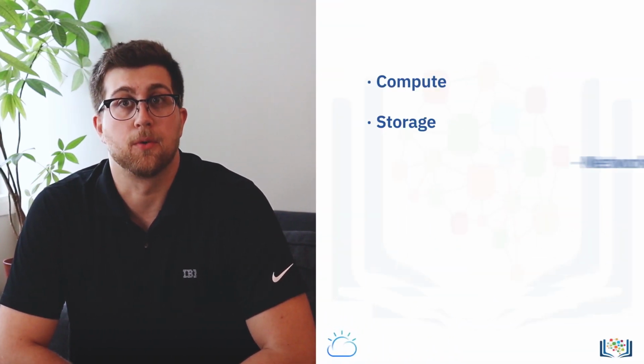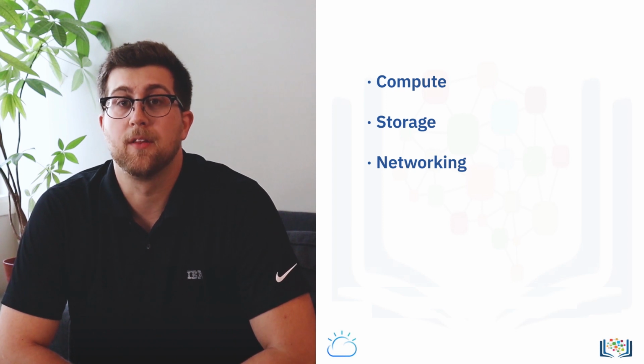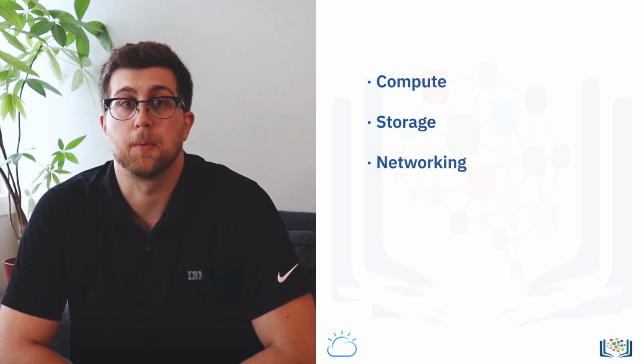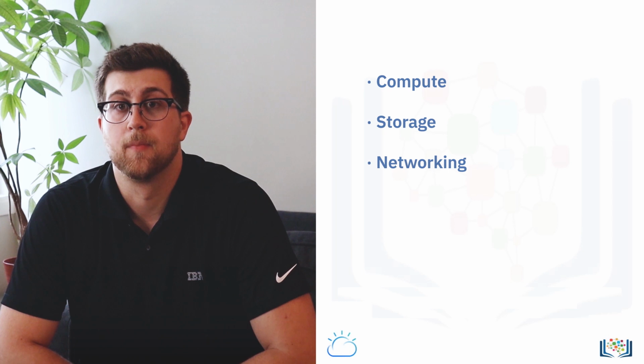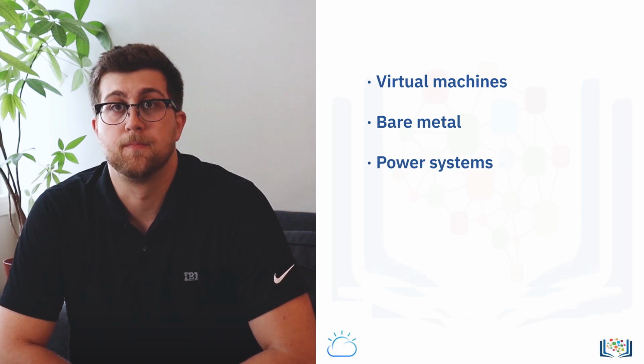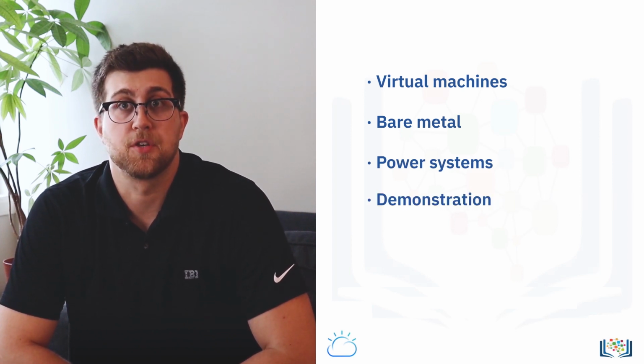Welcome to Module 2. In this module, we're going to provide an overview of core infrastructure services that are available on IBM Cloud. We're going to cover topics such as compute, storage, and networking. We're going to begin this module by talking about the various compute options that are available on IBM Cloud. We'll start with your traditional virtual machines and make our way to more advanced topics such as bare metal and power systems. We'll wrap up the lesson with a demonstration of how to configure and access a virtual server on